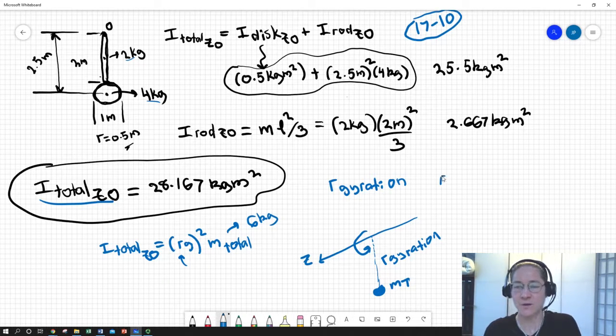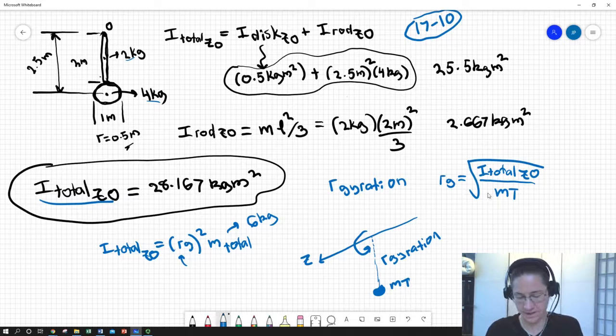So the radius of gyration is the square root of our I total z through point O divided by mass total,